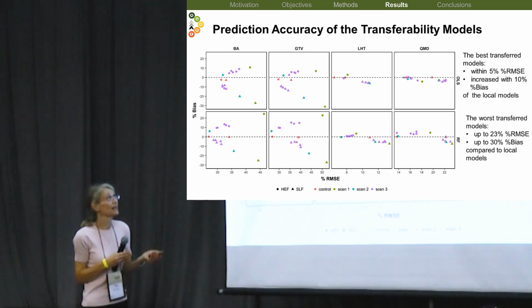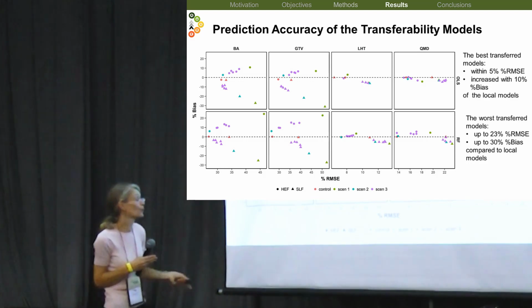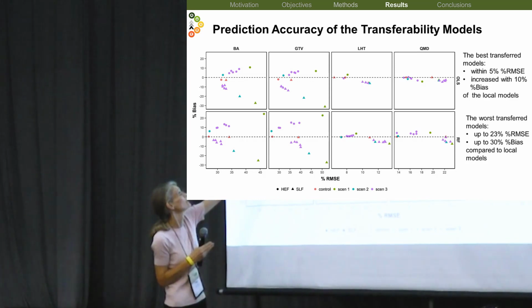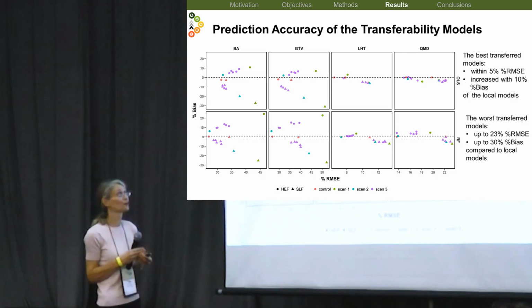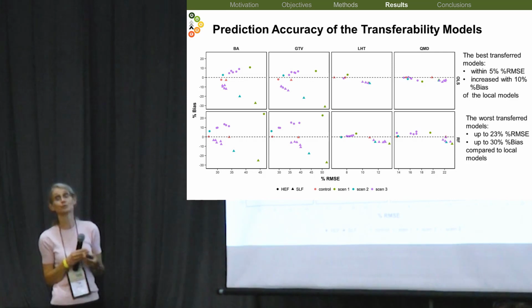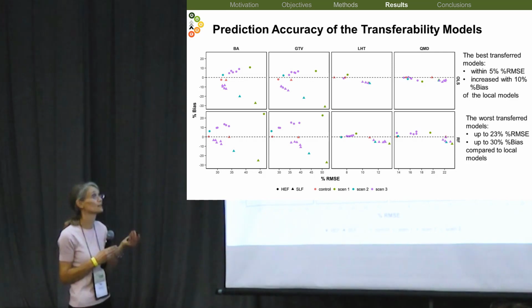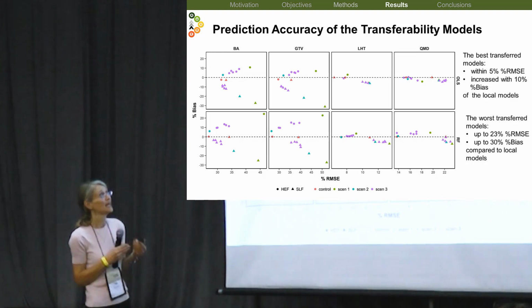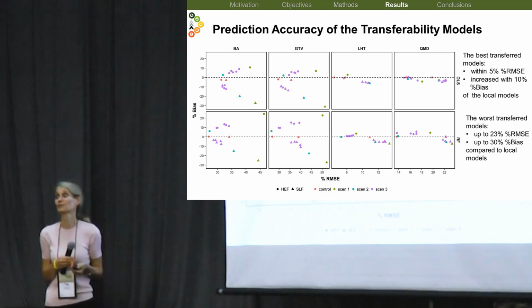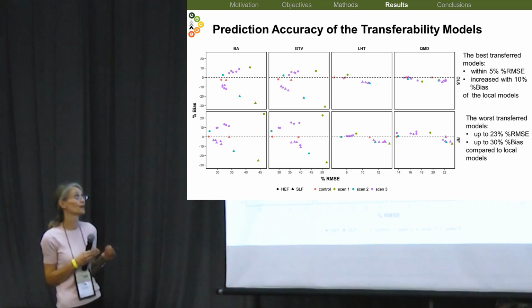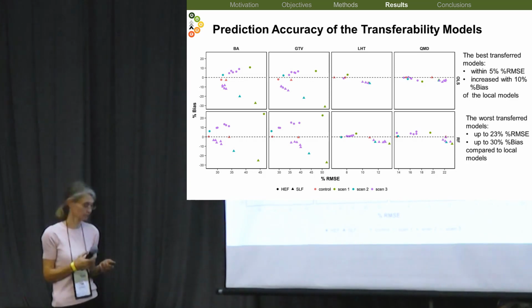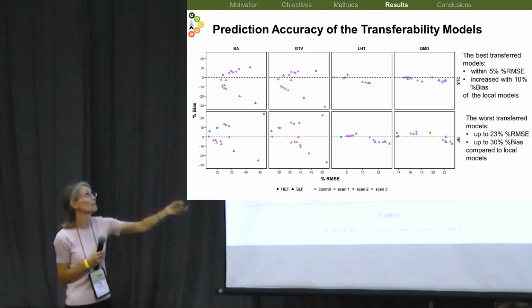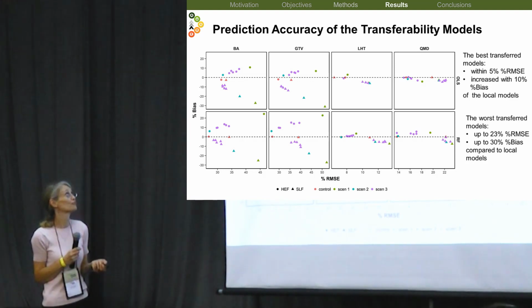And our worst transfer models, those were always our scenario 1, so those are the green ones, and you can see that they're always much further out, so much higher mean square error and much higher or lower, further from 0 in terms of bias. And we saw up to 23% relative mean square error and up to 30% bias when compared to our local models. So what is happening in our volume